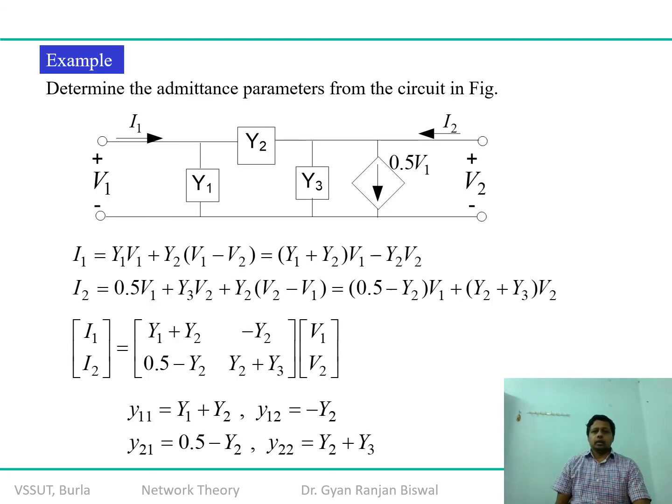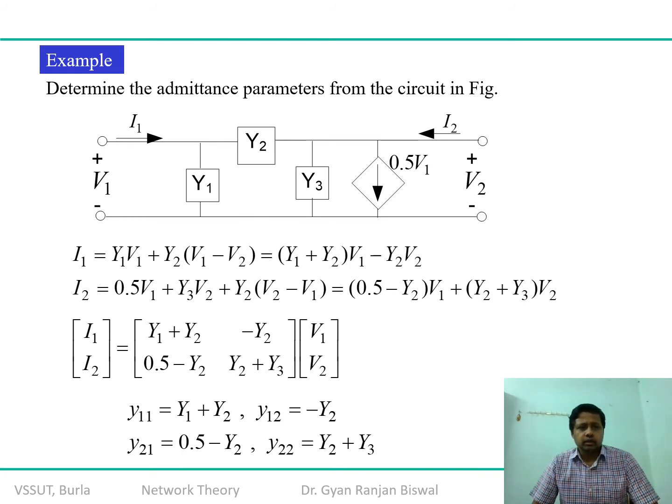So for example, you can take one more demonstration where you have a pi network, and a voltage controlled current source is applied in the given network, and your job is to find out the Y parameters. So what you can do is write down the two standard nodal equations. Okay, it is easier to write. So understand the concept. That's why, since it is a pi network, it's very easy to write the nodal equation. If it is a star network, then it is easier to write the mesh equation.